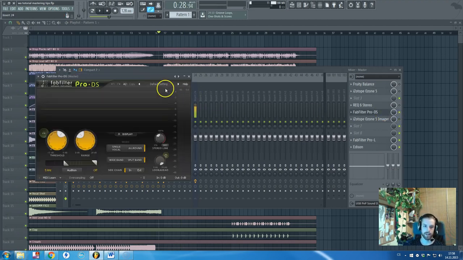The other plugin is called FabFilter Pro DS. It's the de-esser plugin. So you might be wondering, why am I loading it on my master channel? But it's because of this mastering preset that has the FabFilter inside,